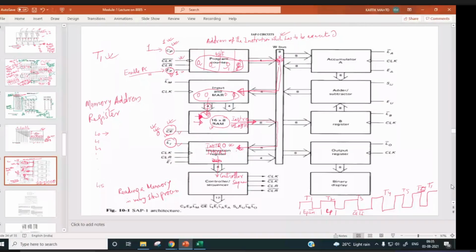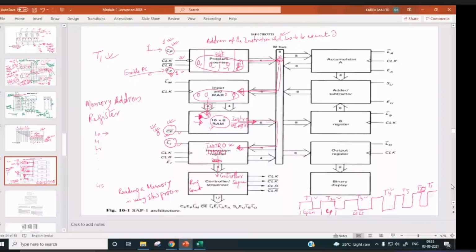Now who is going to decide T1, T2, T3, T4? Of course, a ring counter. So where is the ring counter? The ring counter is inside this controller sequencer. It will decide this is T1, this is T2, this is T3, this is T4, like this.